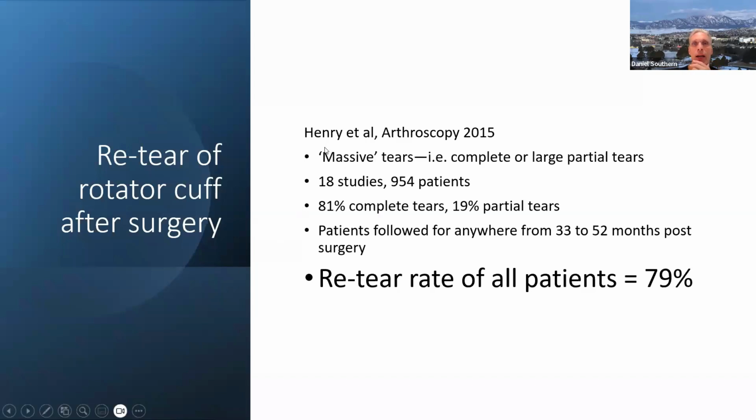This is a study done by Henry back in 2015, and it was what we call a systematic review. It involved looking at 18 studies that reached a certain level of quality, and in total 954 patients. All of these patients had what was called a massive tear, meaning it was complete or at least a large partial tear of the rotator cuff in the shoulder. These patients underwent surgical repair of this tear and were followed from anywhere from 33 to 52 months, so 2 to 4 years